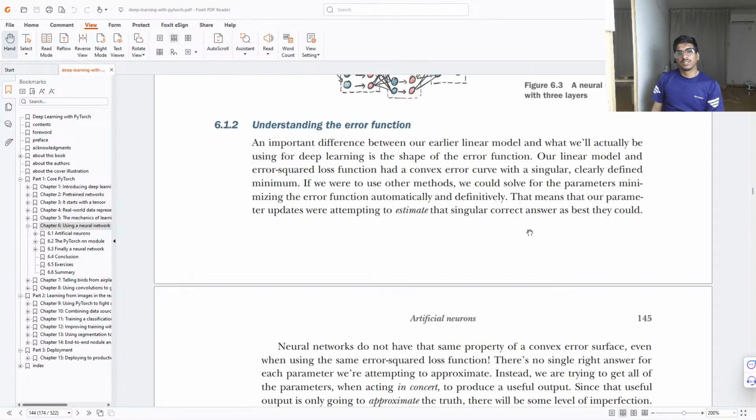Understanding the error function, okay. An important difference between our earlier linear model and what we will actually be using for deep learning is the shape of the error function. Our linear model and its least squares loss function had a convex error curve with a singular, clearly defined minimum. If we were to use other methods, we could solve for the parameters minimizing the error function automatically and definitively. That means that our parameter updates were attempting to estimate the singular correct answer